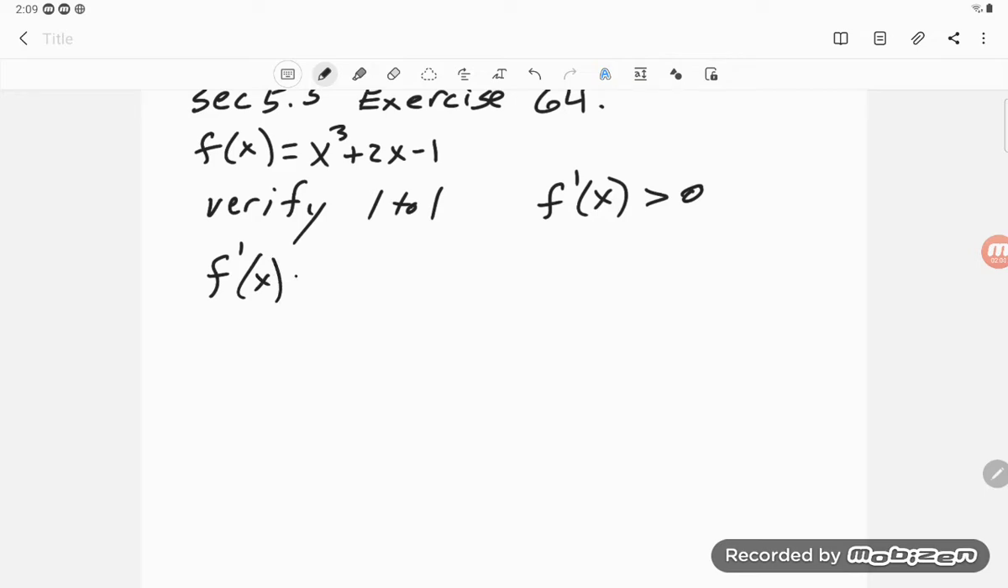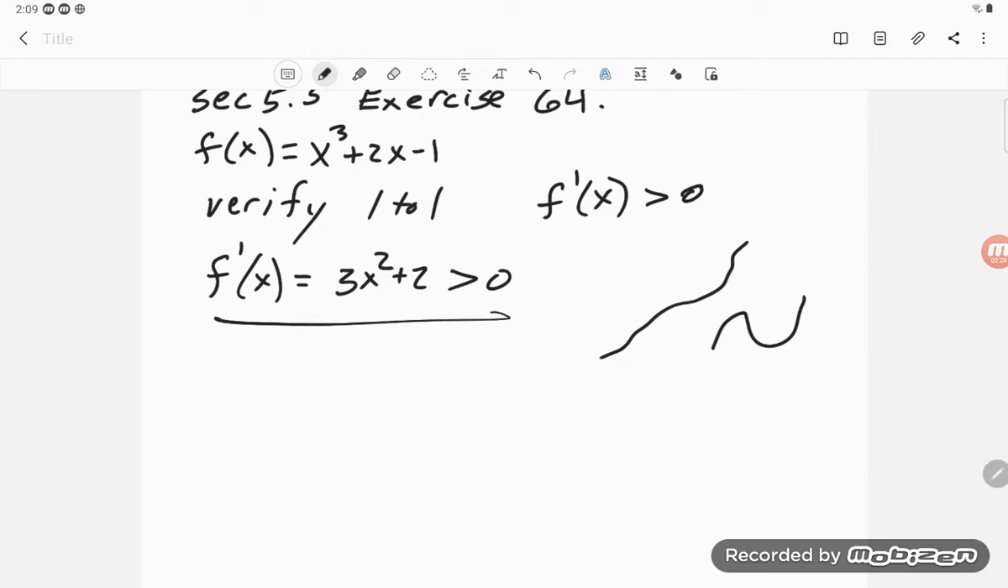I'm going to take f prime of x, and that's 3x squared plus 2, and that is indeed always greater than 0. So this function is strictly increasing everywhere, and therefore it can't double back on itself, right? It's going up. It cannot do something like that, and so I know it's 1 to 1, okay, and I got that from the derivative. Okay, so I know it's 1 to 1, but